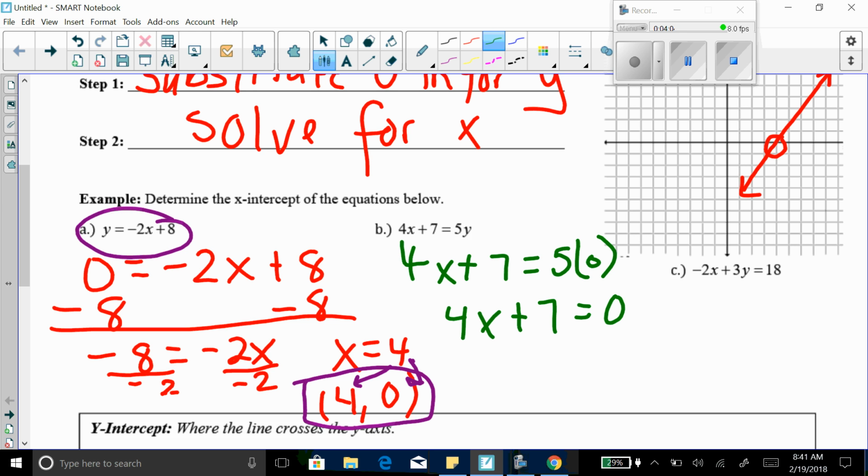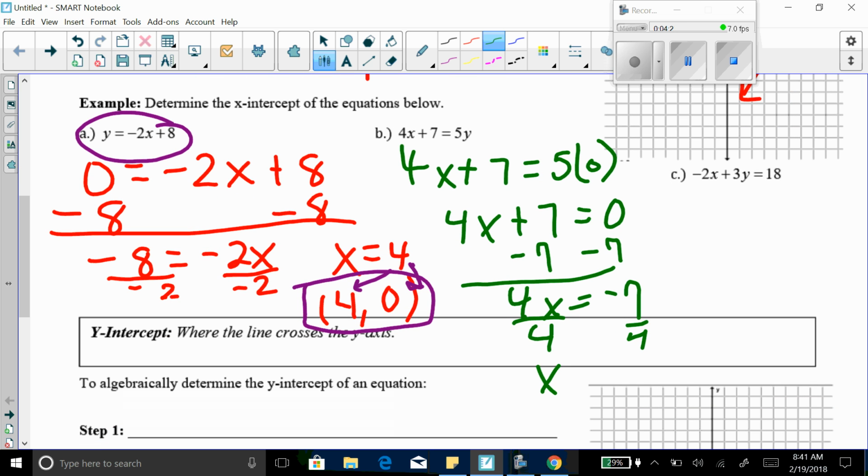And now solve for X. Most of these are going to be a two-step problem. So minus 7, I get 4X equals negative 7, divide by 4, divide by 4, and